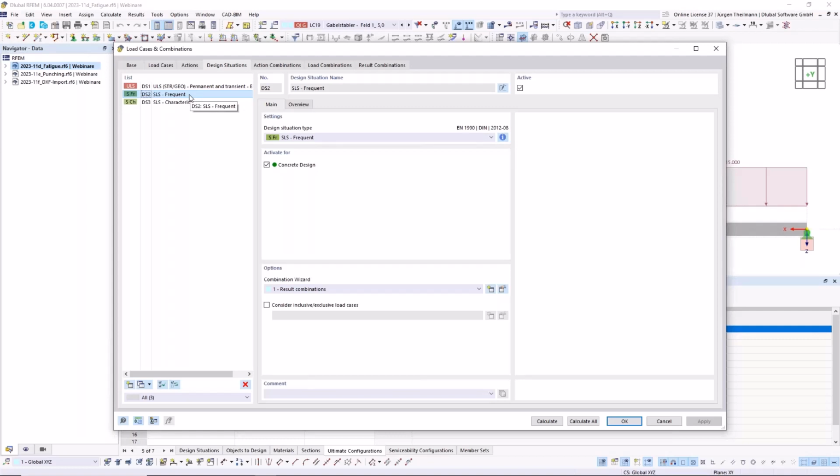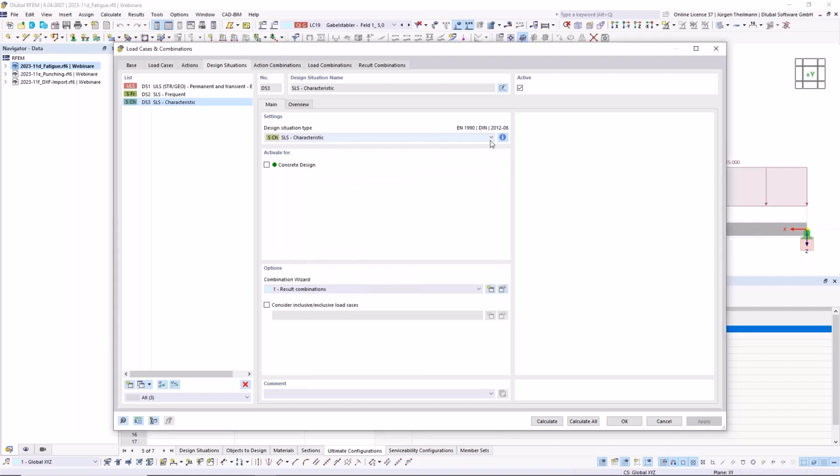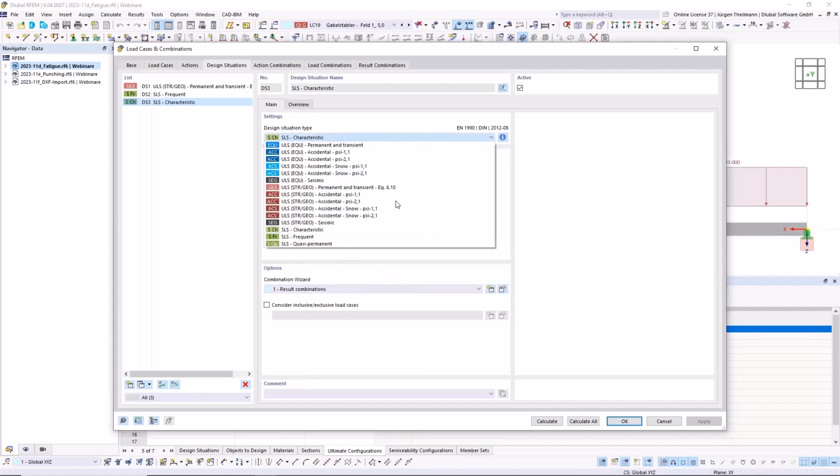And for the level 2 fatigue design, we would need another design situation where you have, I just open the one that's open right now, where you have other factors that need to be considered. Our development is right now working on bringing this design situation type into the program.